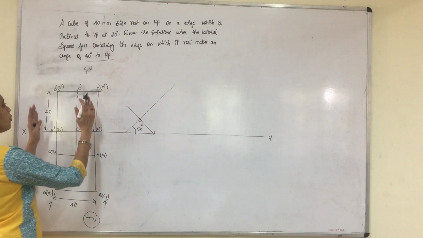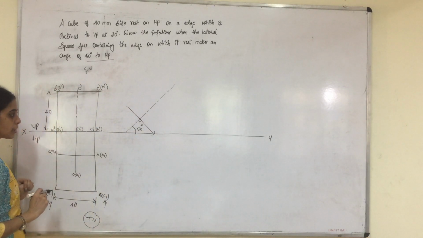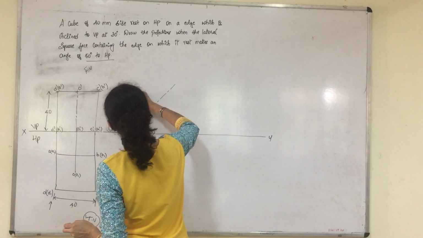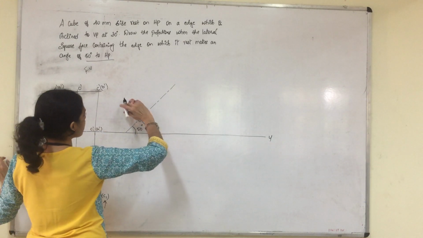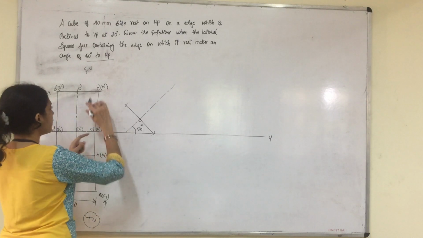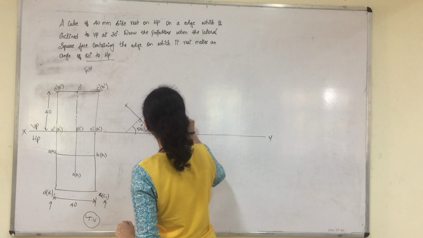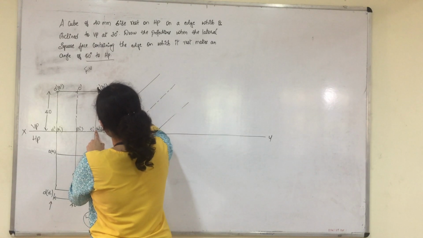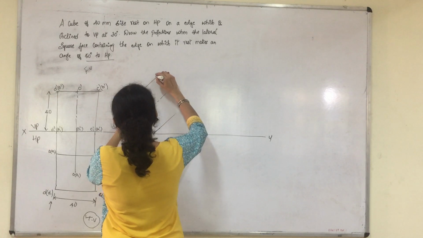After this, we have to shift the front view from the vertical position to the inclined position, right? So extend this line a little bit and measure the distance from O1 dash to D1 dash. How much is it? Just cut an arc. After this, kindly take the projection parallel to our axis line and measure 40 mm, because it looks like a square. It is a square only. Measure 40 mm and just cut an arc.